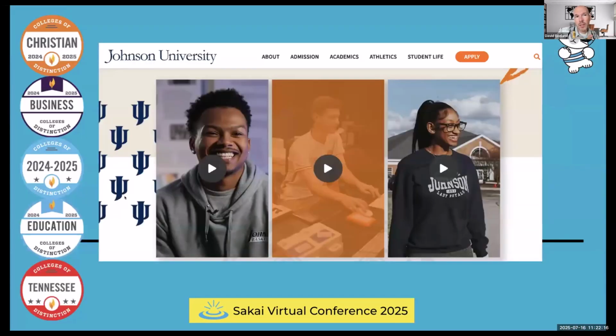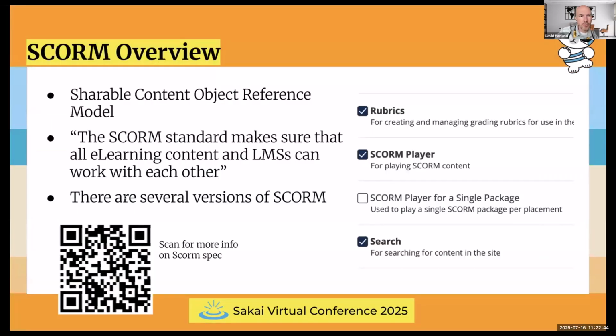So Johnson University is a small institution. We're not really big, but we do try to do really well with what we've got. We've been around since 1893, and we have lots of different programs. A lot of programs online, but we also have face-to-face programs. And so we're trying to address how to engage our students with active learning modules, active learning content, both in the face-to-face context and the online context. And so the addition of the Rise functionality inside of Sakai was really helpful.